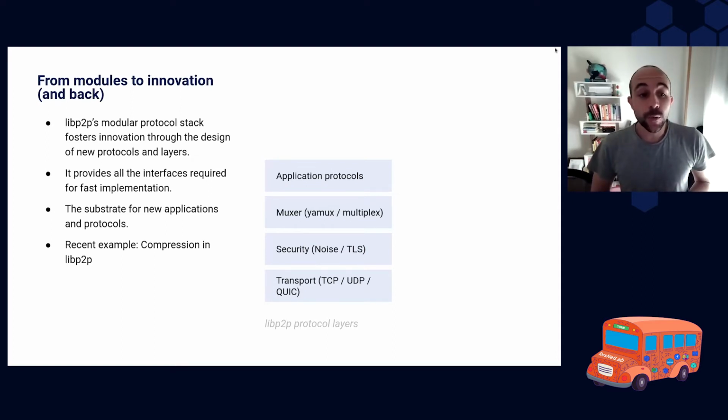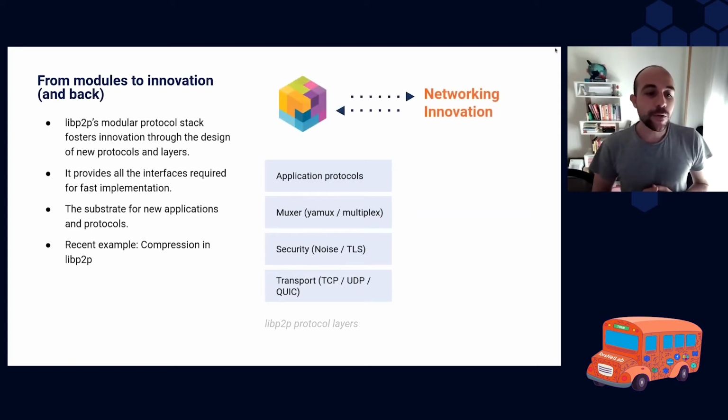At one point, we can foster innovation in several ways. We can come up with a new design of a new protocol that implements one of the libp2p interfaces, or we can come up with a new interface, or we could even use these modules in order to build new peer-to-peer applications. To give you a recent example of how we move from modules to networking innovation and back,